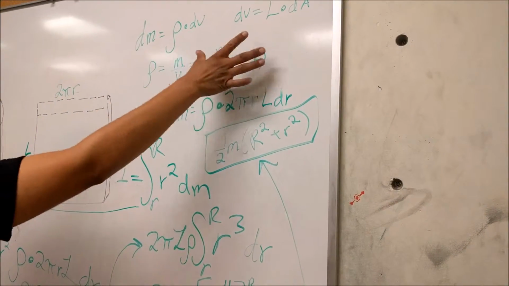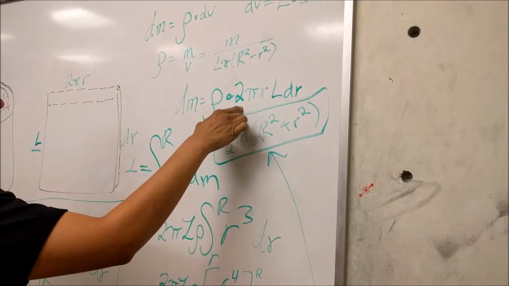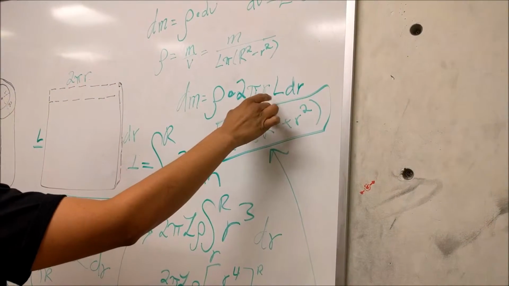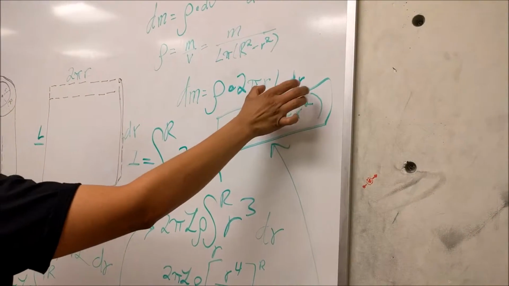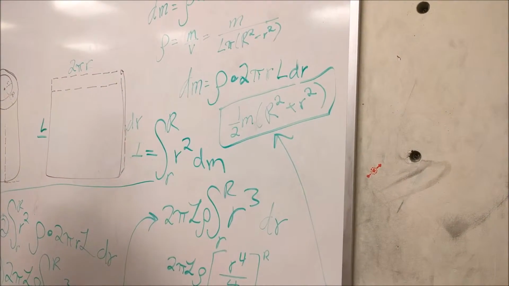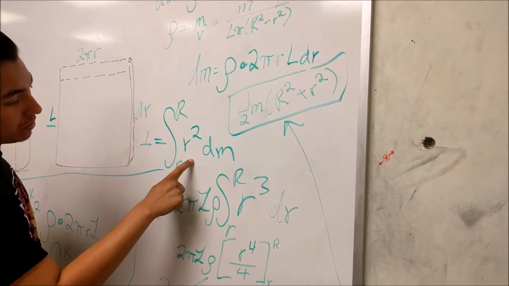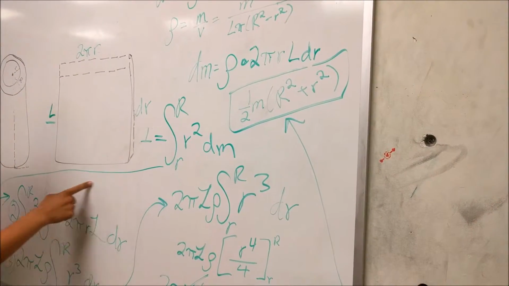Then we take these substitutions in for dm equals rho times 2 pi r times length times dr, the circumference, the rho, and the dr. Then we're going to plug this into the integral, which will jump right here